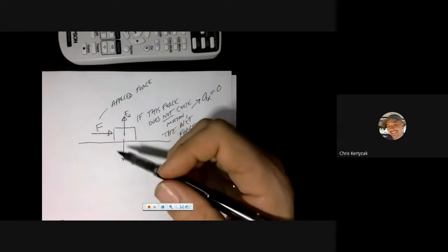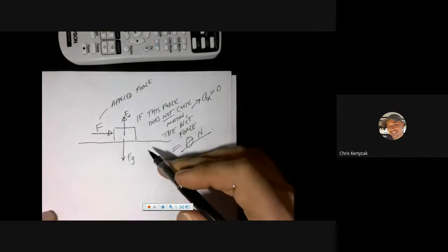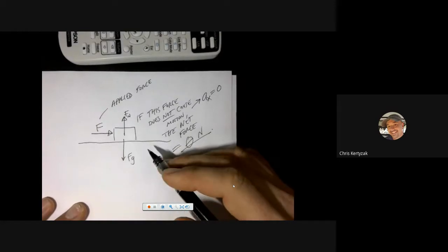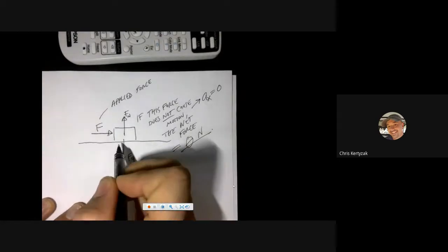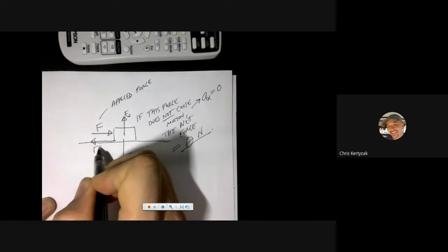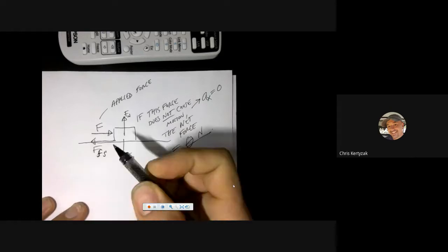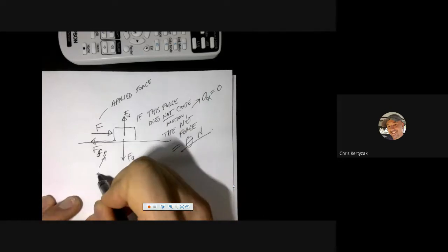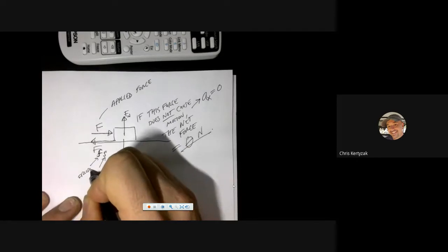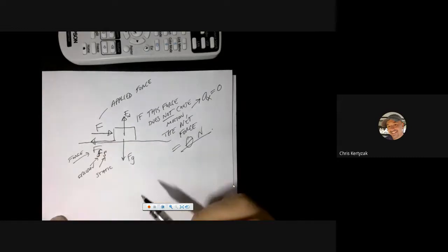Now let's apply that same thinking to the horizontal direction. A force is being applied to the right, and it's not moving. How much force must there be on this block to the left? You'd say there's an equal amount of force, right? An equal amount of force, and we would write FS to indicate that in a diagram, where S stands for static friction, the little f stands for friction, the capital F stands for force, and when we see that, we say the force of static friction,